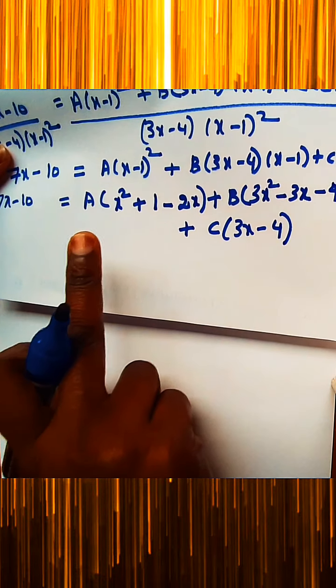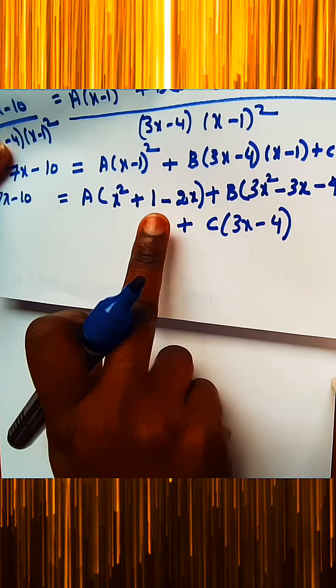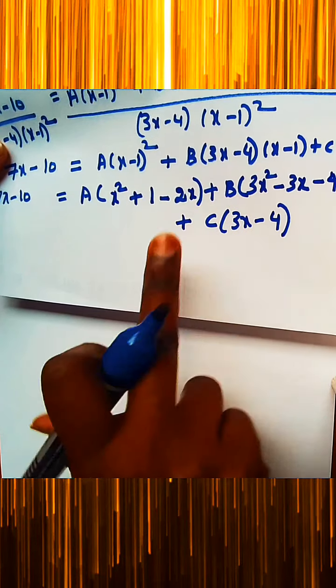Okay friends, next what we are going to do. So we have this equation, am I right? Alright, so what we are going to do is multiply with a, b multiplied by this term, c multiplied by this term. Okay, so I'll rewrite the equation once again for you here. What is the equation we have? 7x minus 10 is equal to a times (x square plus 1 minus 2x)